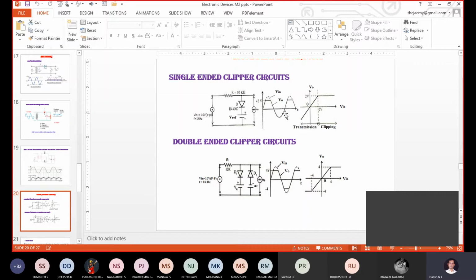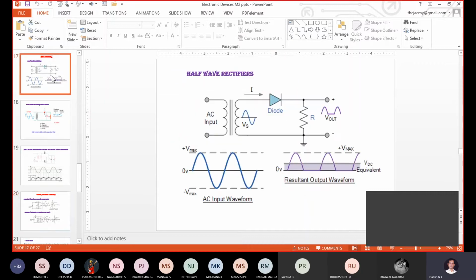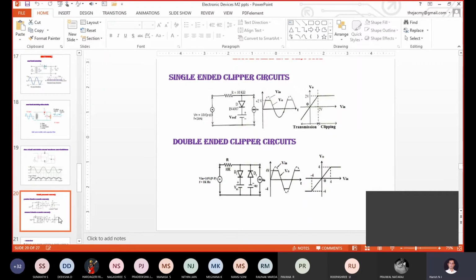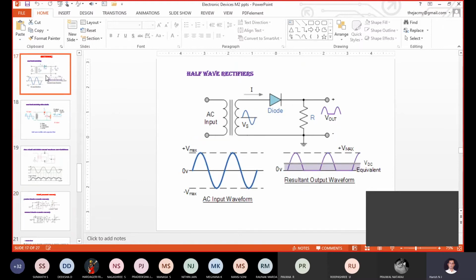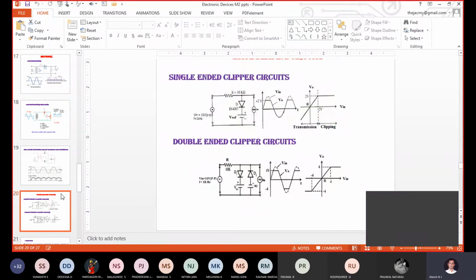So now, anyone, will you tell me what is the difference between this output and this circuit output? Look at the output waveform very carefully. This is the series clipper. It may be whatever. It is a rectifier output. Correct. So this is the output of the rectifier. And this is the output of the parallel clipper. So what is the difference between those two output waveforms? Sir, here the peak is clipped off, sir.